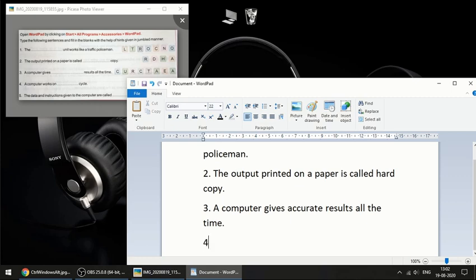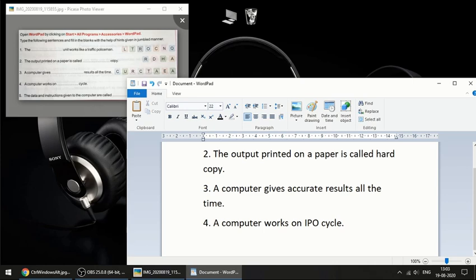The next one is, a computer works on, what will be the answer? IPO. What does that mean? Input, process, output. Cycle.